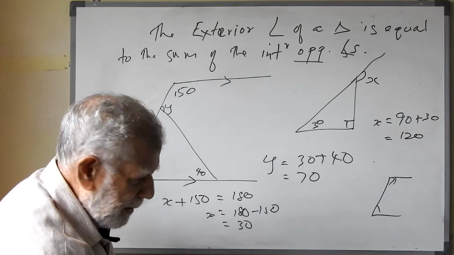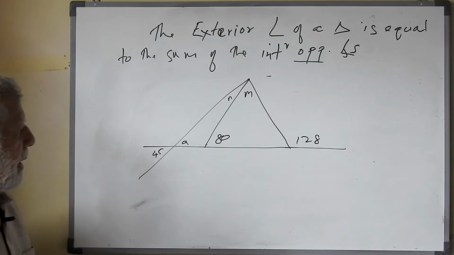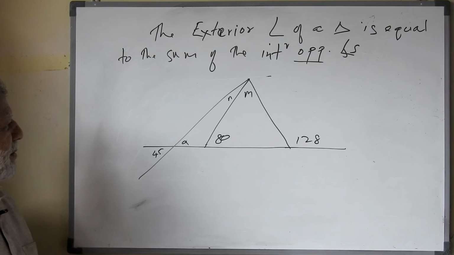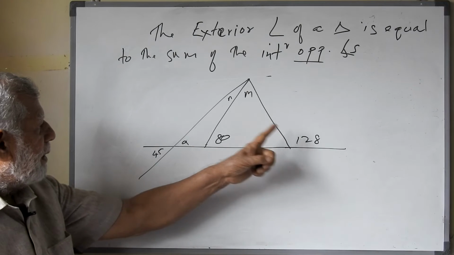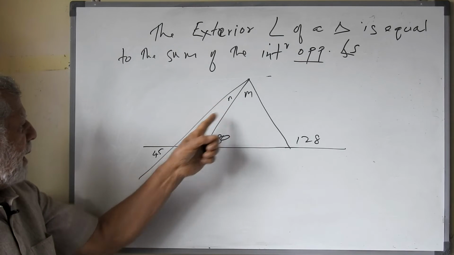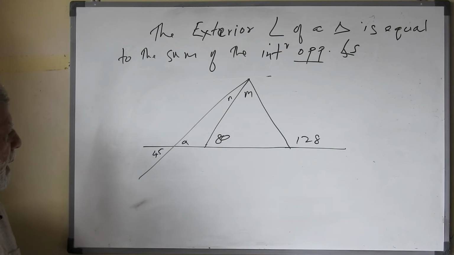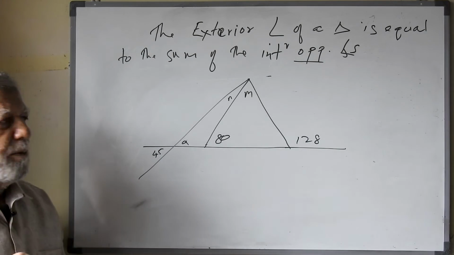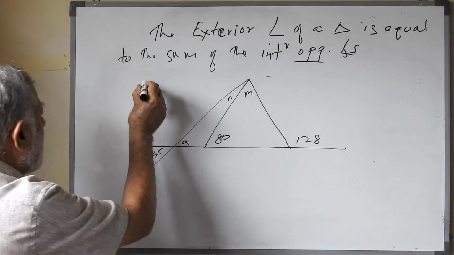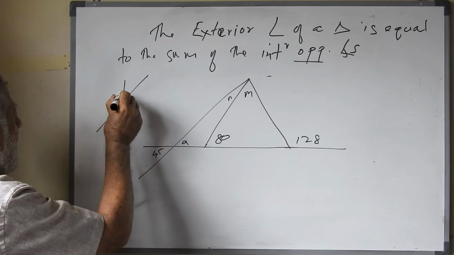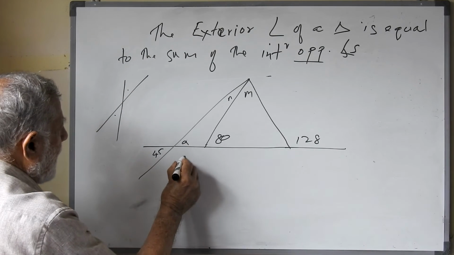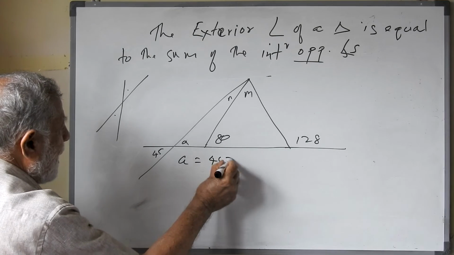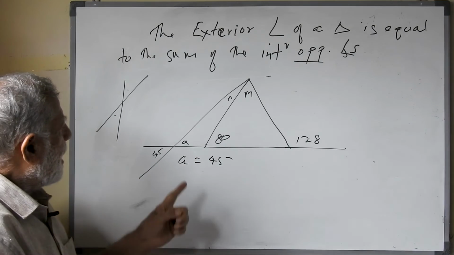We will take one more example. Look at this triangle. It looks complicated, but it's very simple. Now 100 degrees, we have to find the value of n, m and a. So a we can immediately find out, because we know that the vertically opposite angles are equal. If two lines are crossing, these two angles are equal. So here two lines are crossing. So this is 45 degrees. So a is equal to 45 degrees. Immediately you can get. Then we have this triangle,